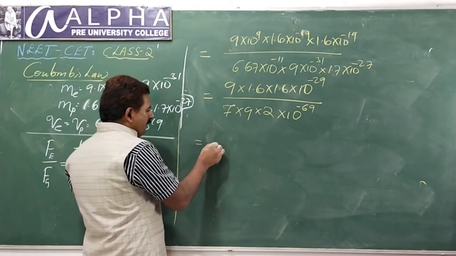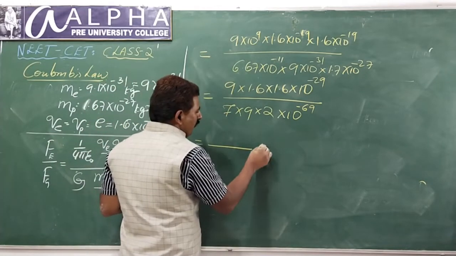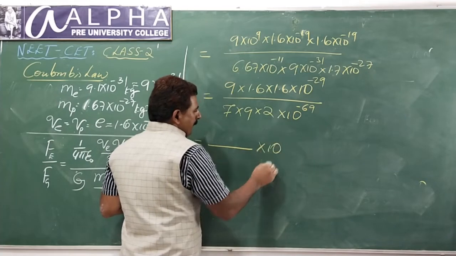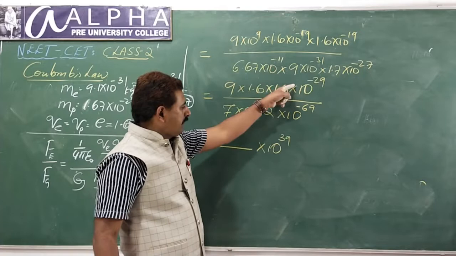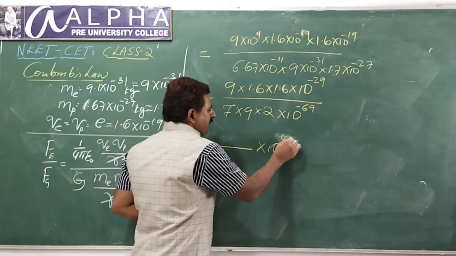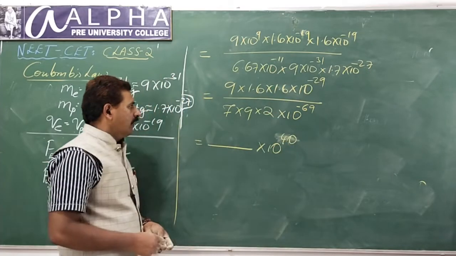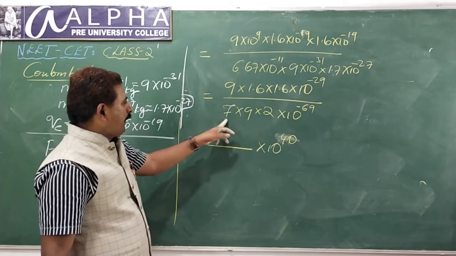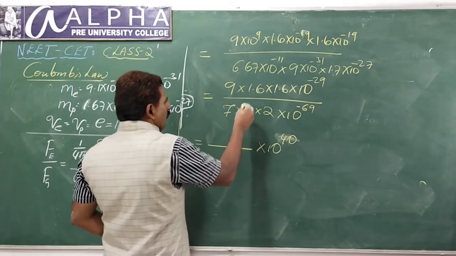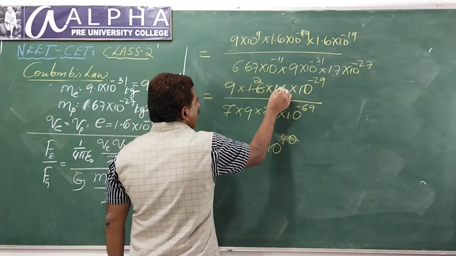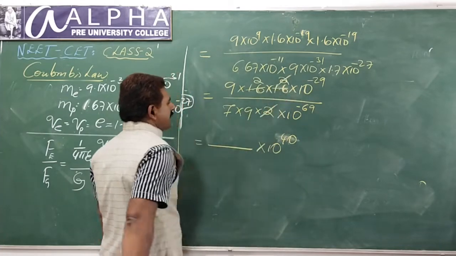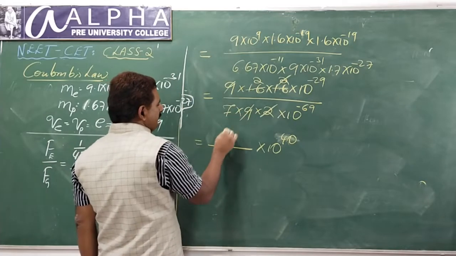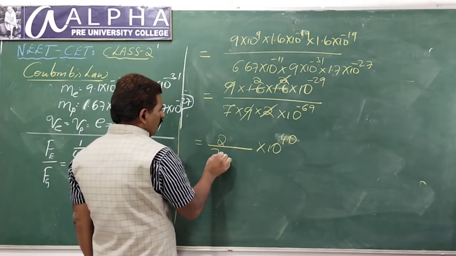Even if you find the value, if I find the power it comes around 39. This comes to numerator, 39 nearly 40. This comes around 40, exactly 40. Okay. Now you can approximate the values. This you can take nearly 2, 1.6 nearly 2. The 2 cancels and 9 cancels. This is nearly 2 by 7.